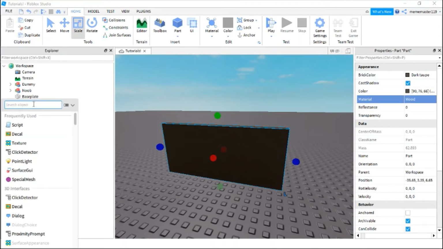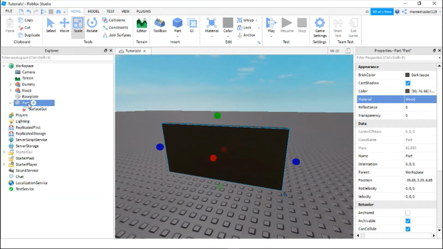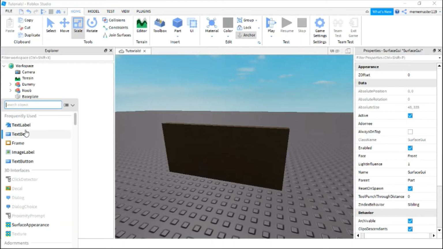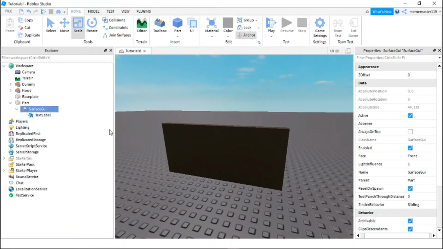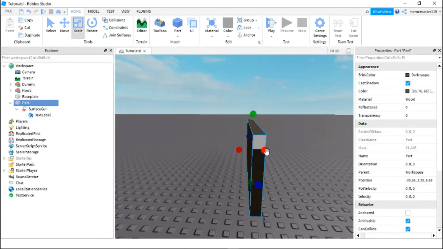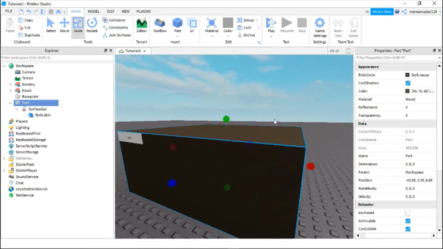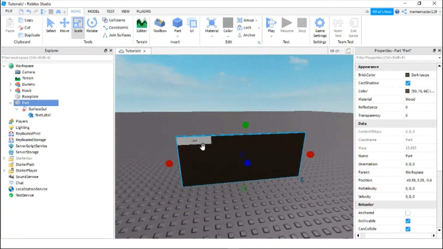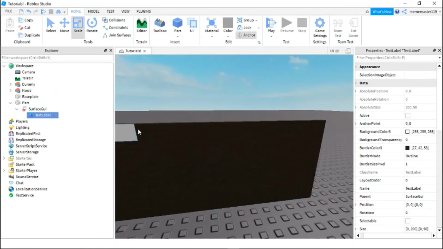Now, the first thing you need to do is get a Surface GUI. Now, you don't really need to do anything with the Surface GUI, but you need to spawn in a text label. Mind you, you actually need to expand the south side, because that's where the text spawns. So now that you've got your little text label, what you can do